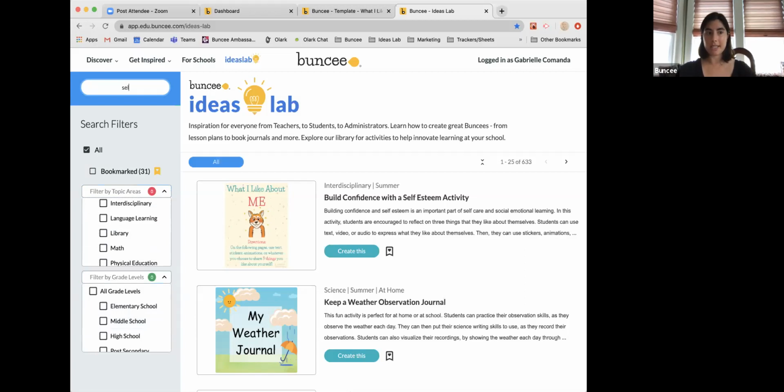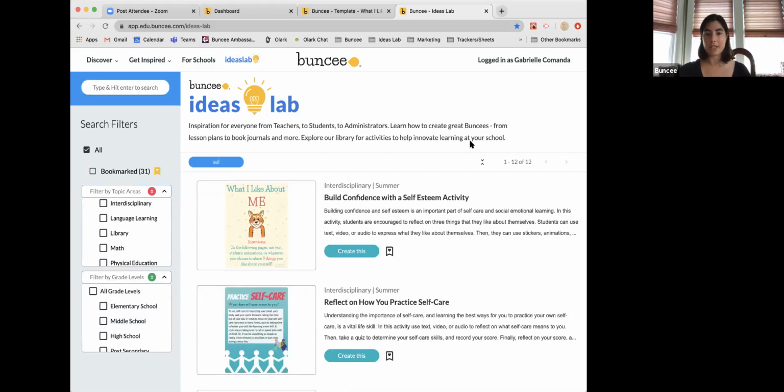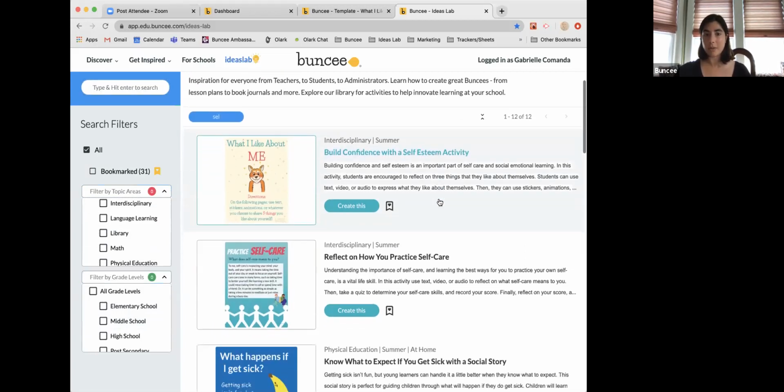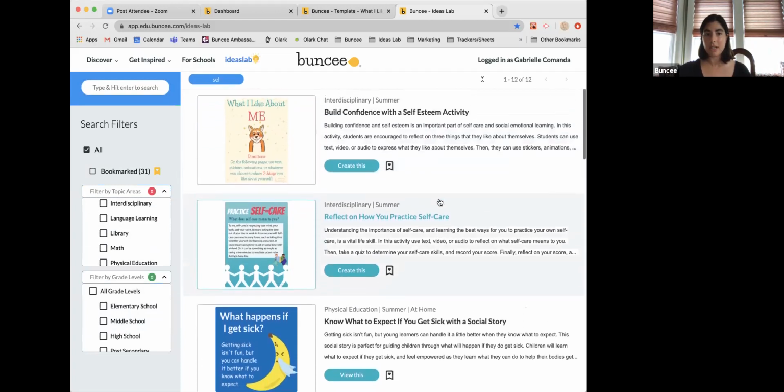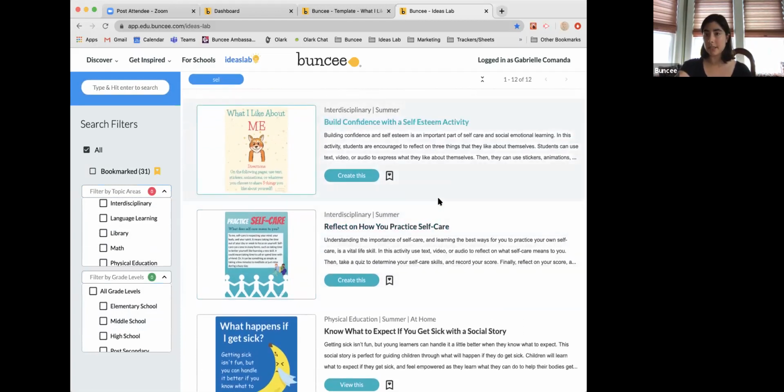You can actually type in SEL up here and find different social emotional learning. And this is just some of the ones that we have, but certainly, like we mentioned earlier, it's such a broad topic. There are so many different things that you can do. And Buncee is something you could use to really find some ideas. If you find an idea or a template that you really like and enjoy, you can use it and adapt it to suit your own needs